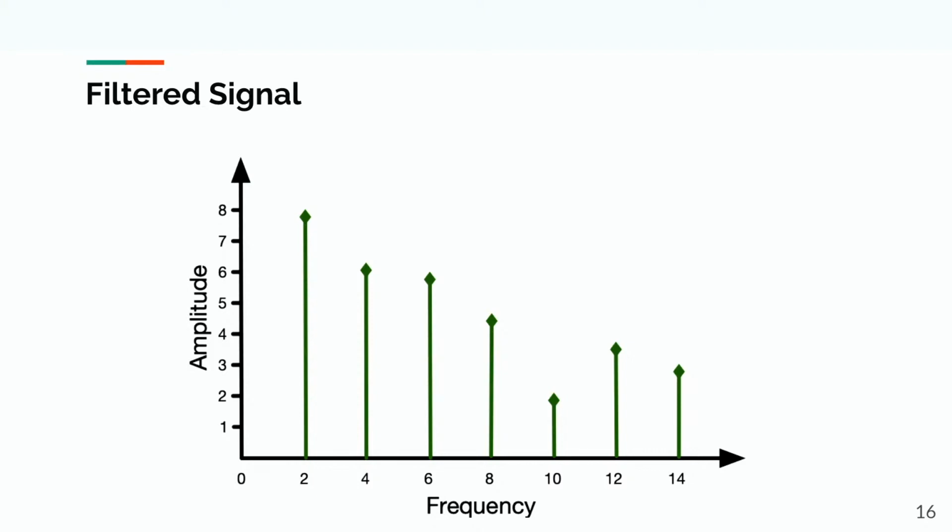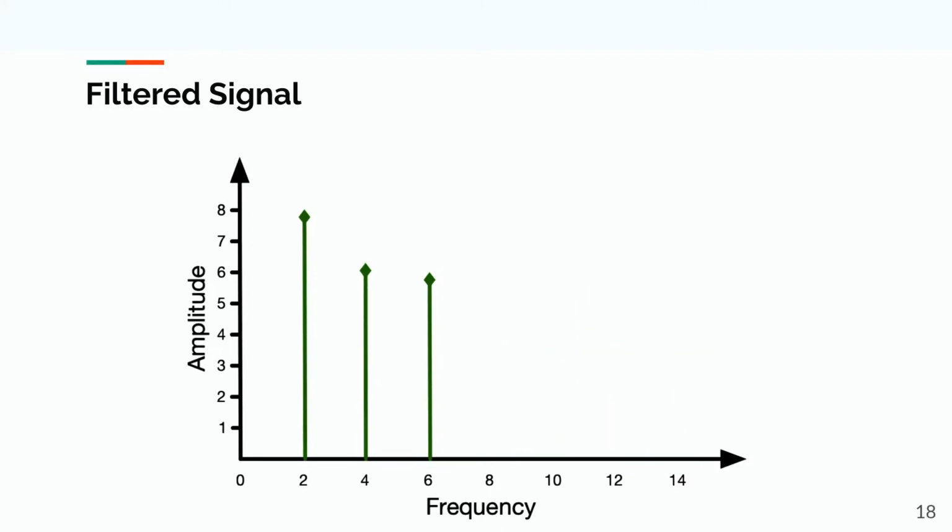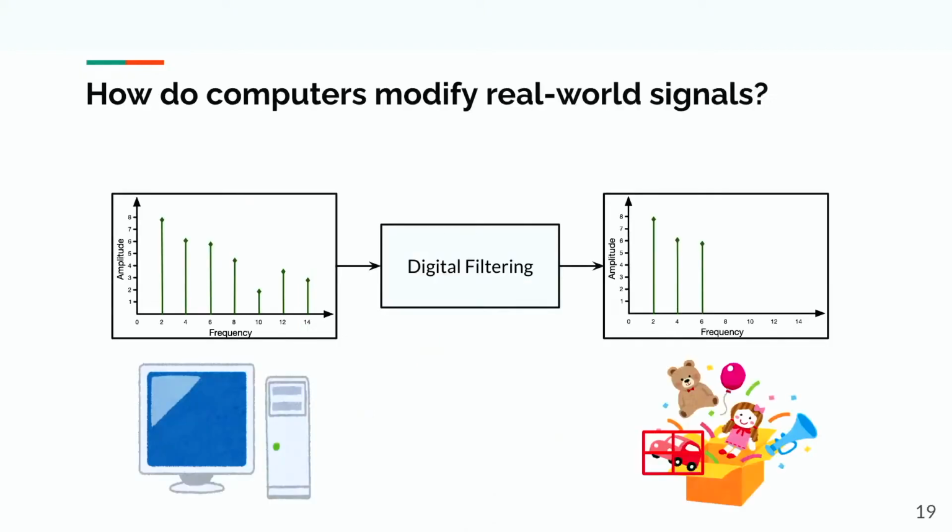This is what it looks like from the technical point of view then. This is the signal that we saw before. This is its frequency domain representation. We decided that we don't want any of this. It's gone. We've just done low-pass filtering. And if we bring it back to the computer, how does the computer modify this signal? Well, once it has it, it does something called digital filtering. And here we go. We have our filtered signal. So we have the original box minus the car that we don't want.